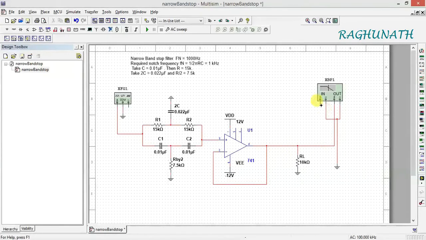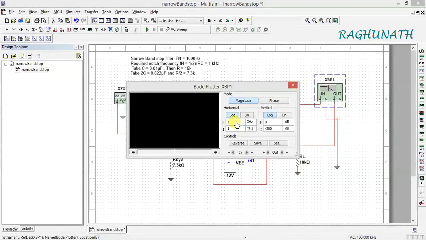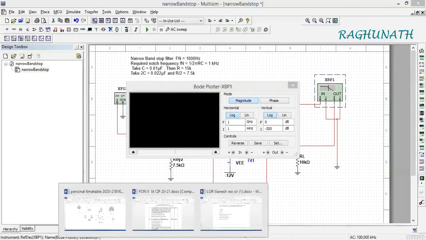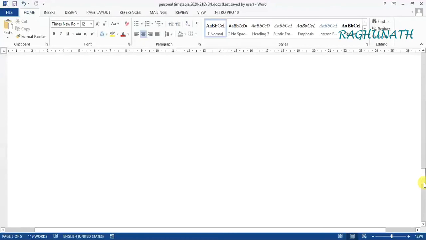Output is connected to here, and input I want to connect to input side. So this is actually Bode connect. This one I will set at the Bode plot. This I will connect to... I think last program we did some settings. We'll see that one only.